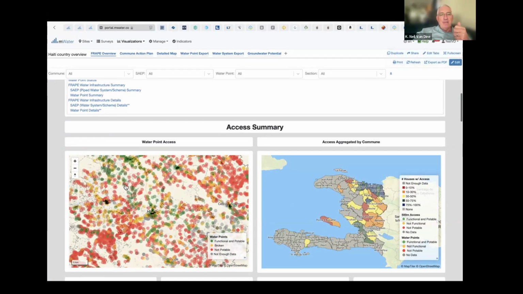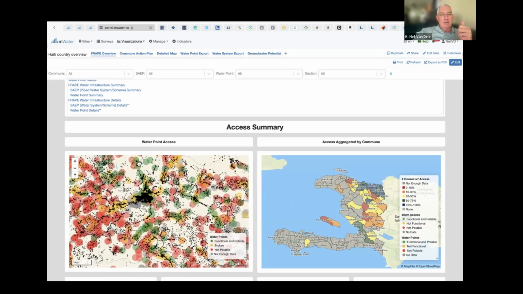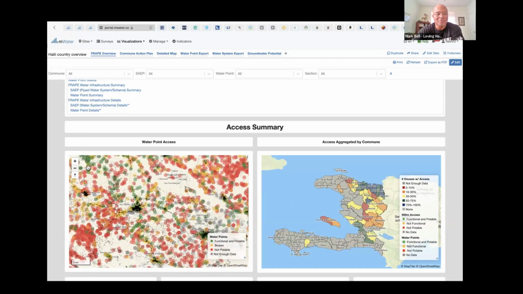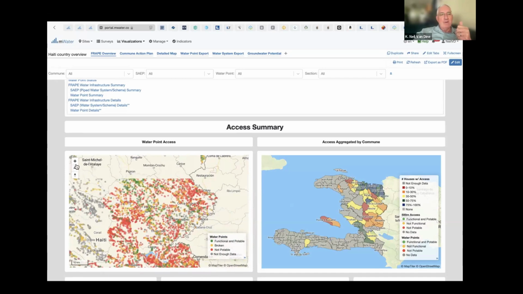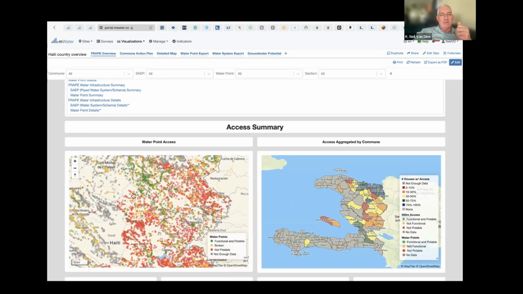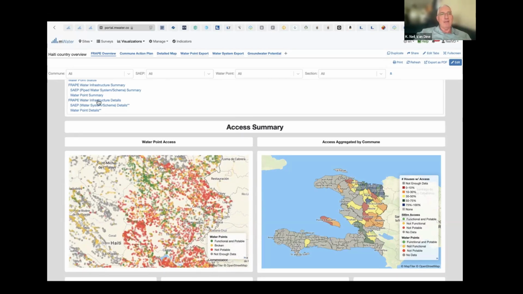And on this map, you can see the various colors. The colors here show all the green circles are clean, functioning, potable water points. All the yellow ones are broken, and all the red ones are contaminated with E. coli. You can see precious little green here. But even me, when I looked at that, I was like, holy smokes, where in the heck do you even start with this conversation, right? I mean, it's just so overwhelming.